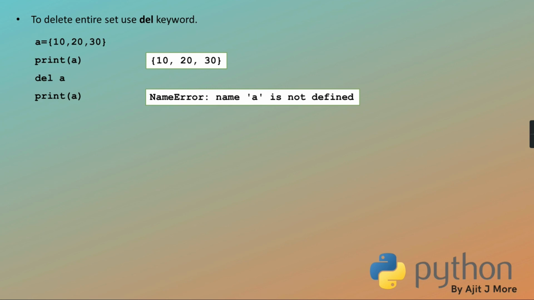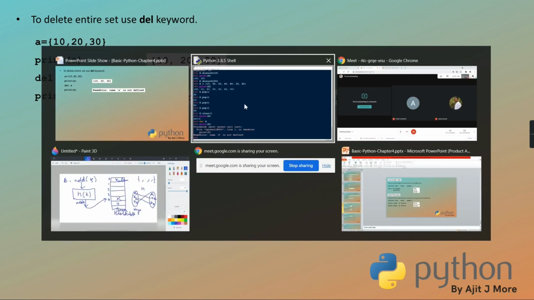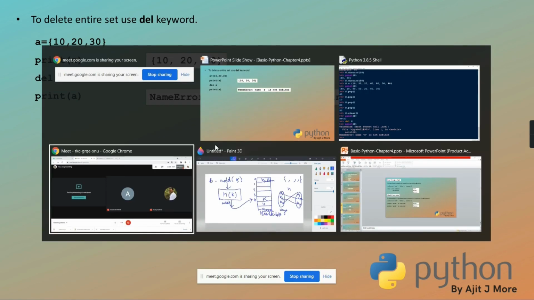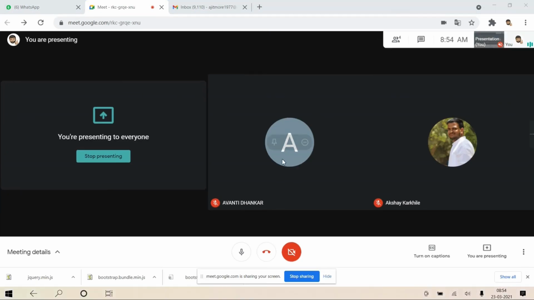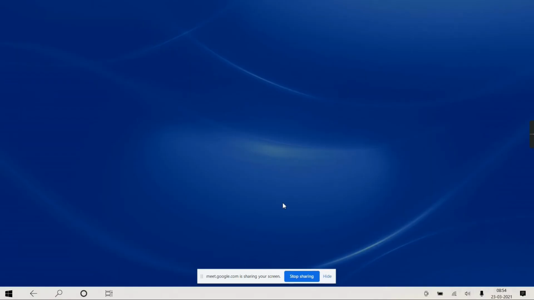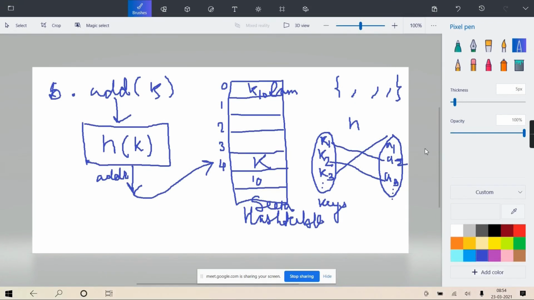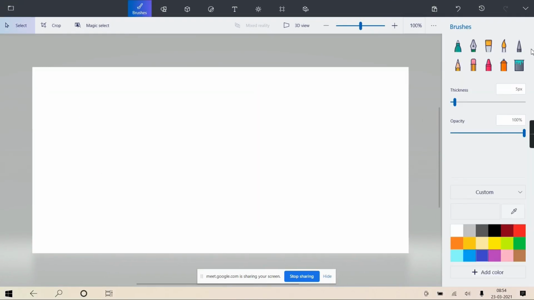In a mathematical set we are allowed to do operations on two or more sets, and the same thing Python set also provides. So the basic operation is union. Here also we can perform union of two or more sets, so minimum two, and beyond that any number.